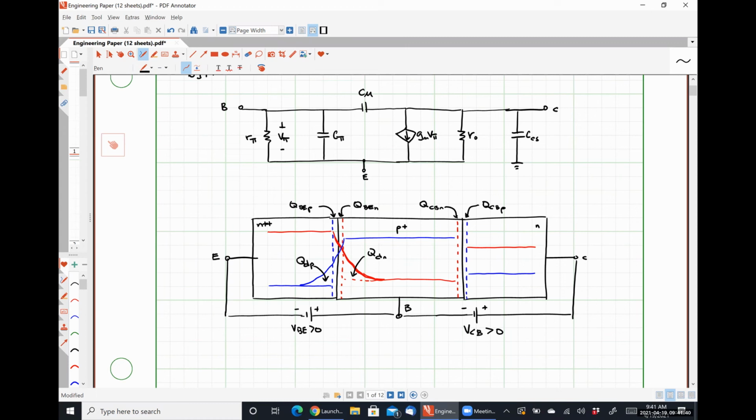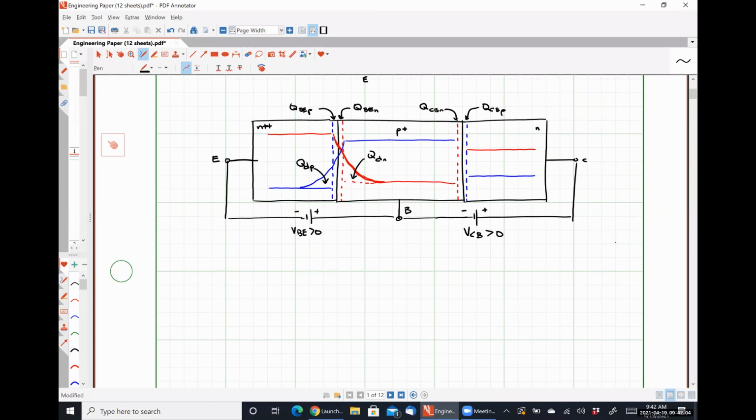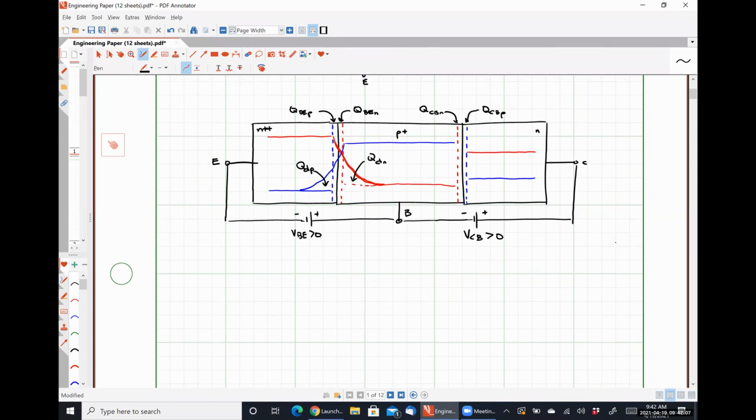These diffusion charge accumulations are dependent on the amount of current that's flowing through the device, so they are dependent on the collector current. And since the collector current is dependent on the voltage VBE, we could say then that these charges are also dependent on the voltage VBE. So for our diffusion charge stored in the base,